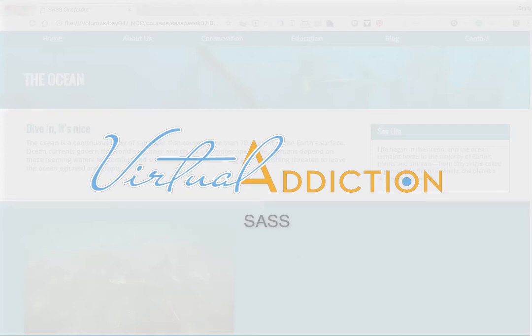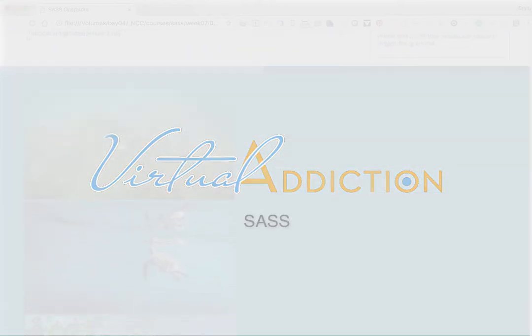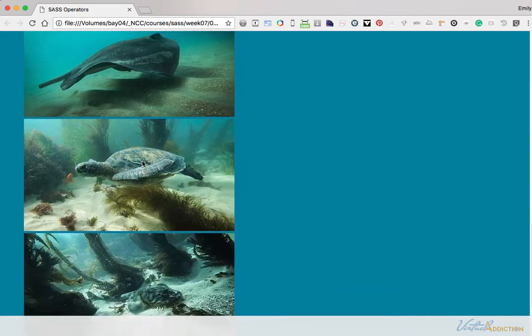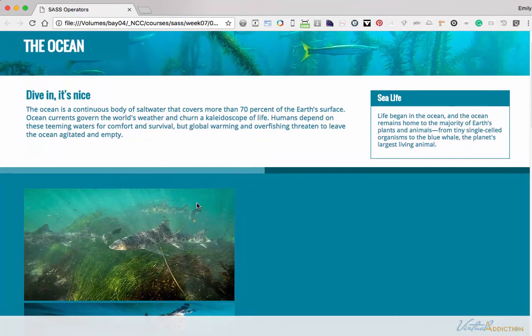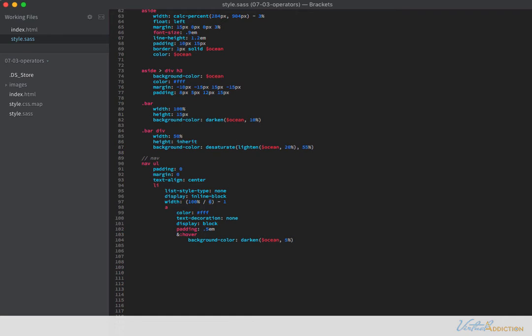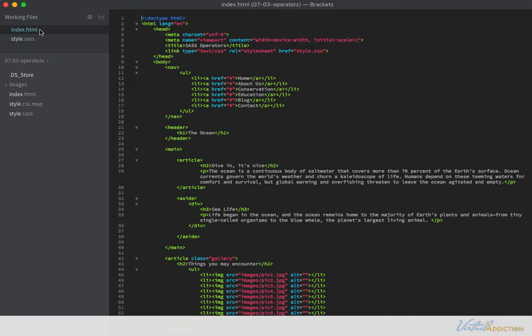The next thing that we're going to do on this page is we're going to turn all of these pictures into more of a gallery. We want these to be side by side. We're going to put frames on them and make them appear a little bit smaller depending on the size of the browser. I'll go back into my SASS file, and before we get into it, let me just show you